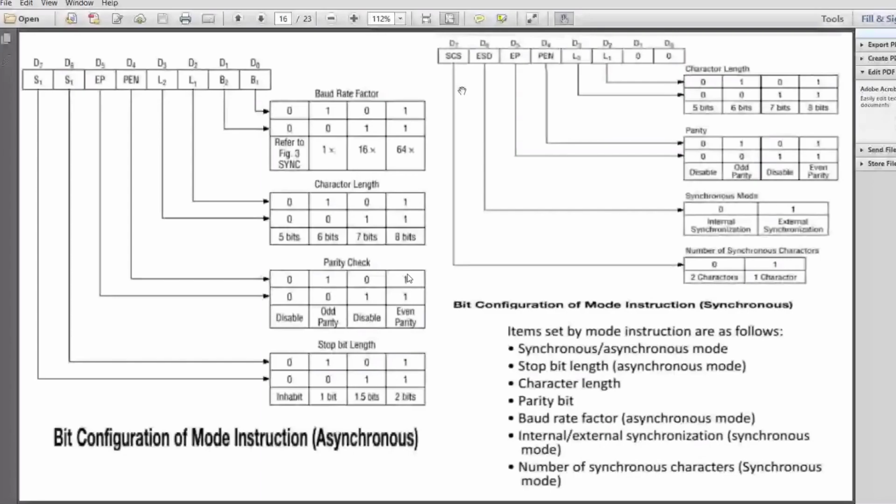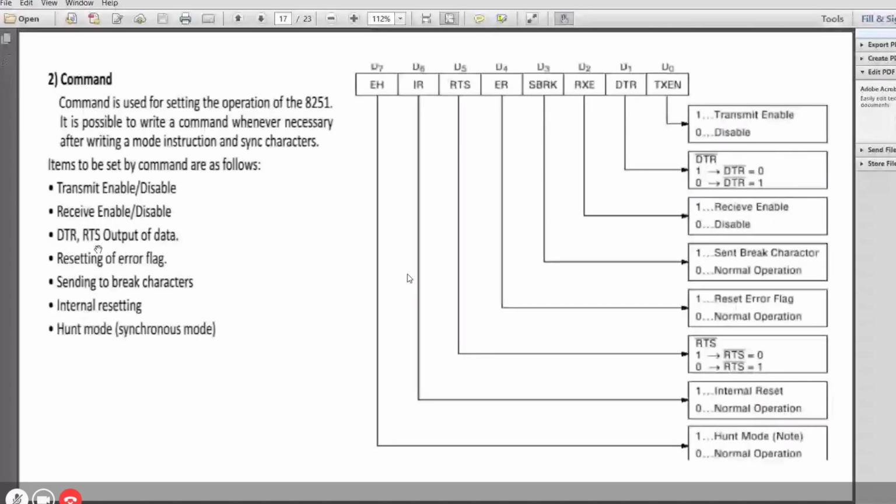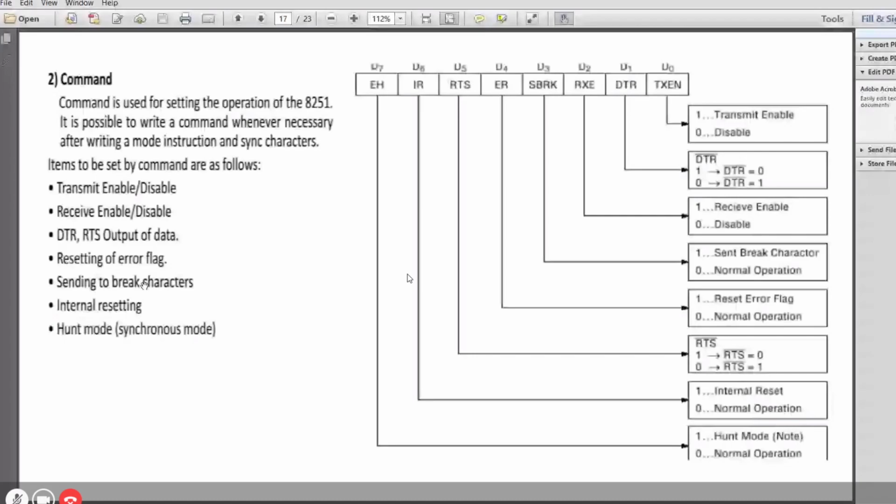So before the bits start, we will send the sync pulses first in the synchronous mode. Then the command word for different things: transmit enable, receive enable, data terminal ready, ready to send, resetting error flags, then break characters, internal resetting, and hunt mode, finding sync characters. That is what this sync is about.